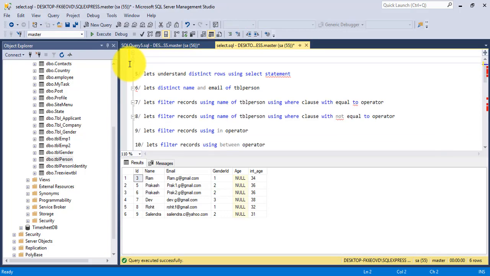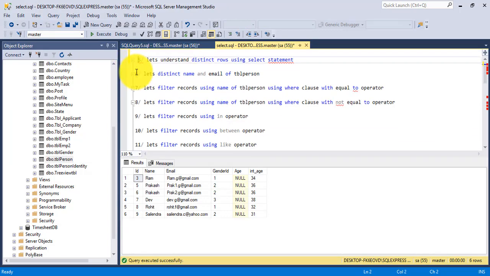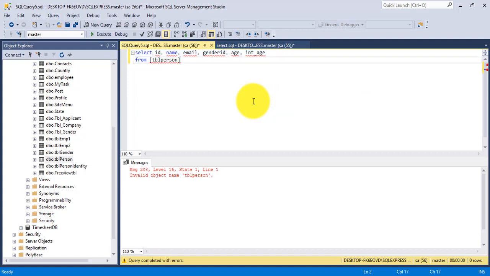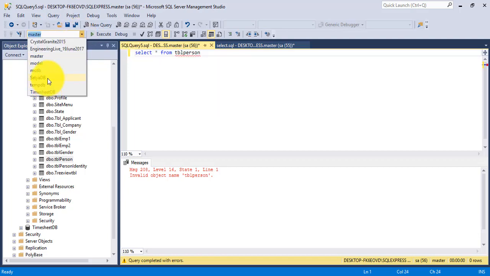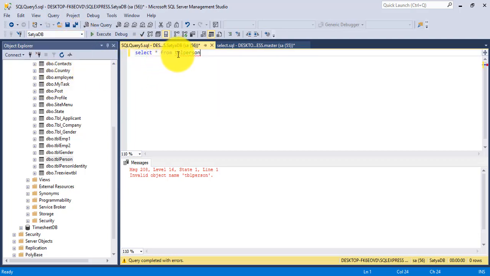Okay, now our next point is let's understand the distinct rows using select statement. So I'll show you using a syntax, that is select star from TBL person. I want to select as a data source my database name here. So I mentioned the table name TBL person here, and I want to use the distinct keyword, and distinct keyword apply distinct name. So if you execute this,